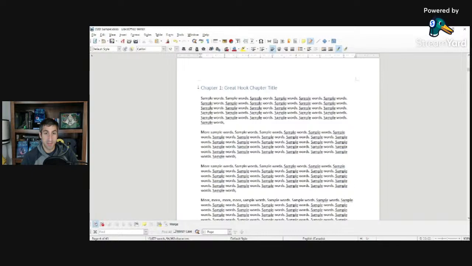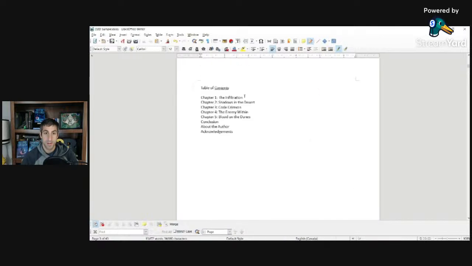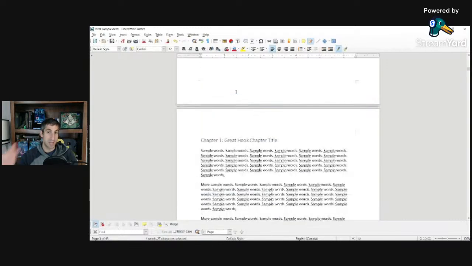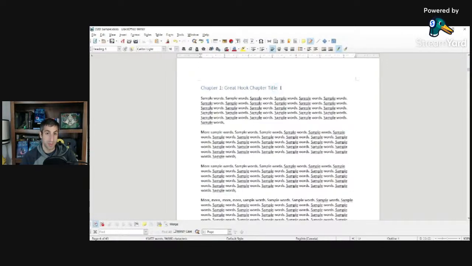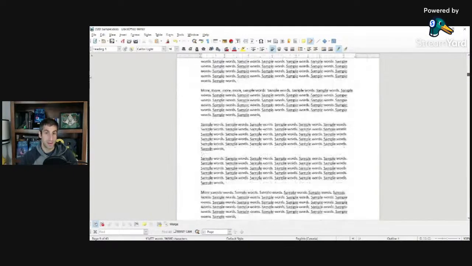And there's a whole bunch of sample text, which is just something to have content present for. Now, I already see one issue in that the table of contents has a different title than the chapter 1 heading. And like I said, Reedsy is just going to end up ignoring what's here. It's going to stick with what's present in the chapter, which you can see right here is chapter 1. So this is what will end up being the chapter title as opposed to what is in the table of contents.